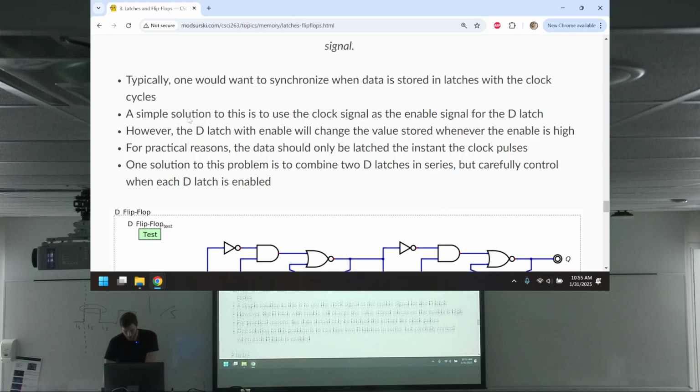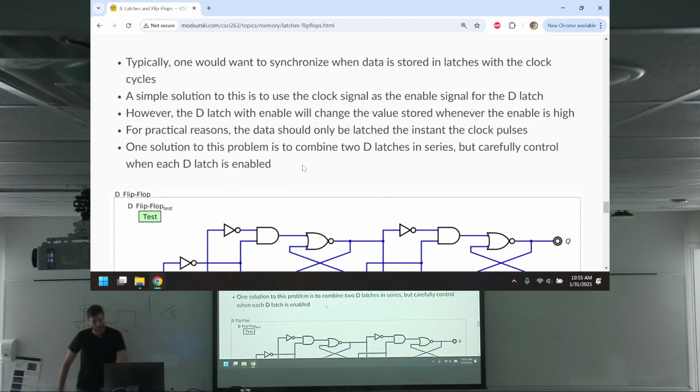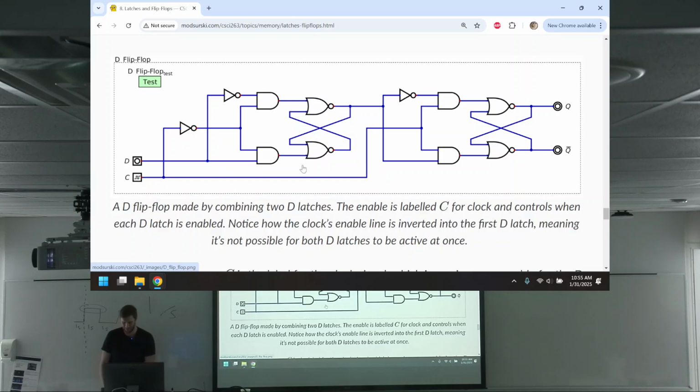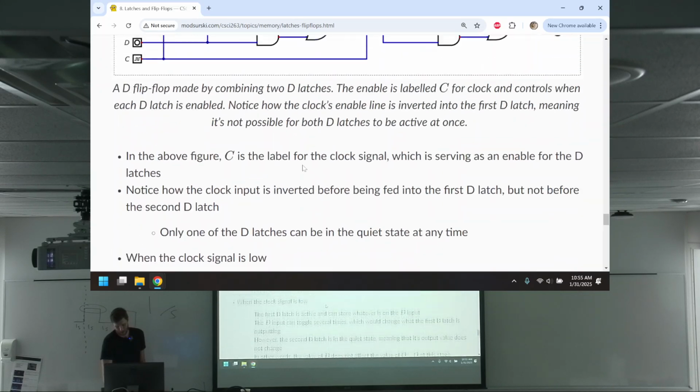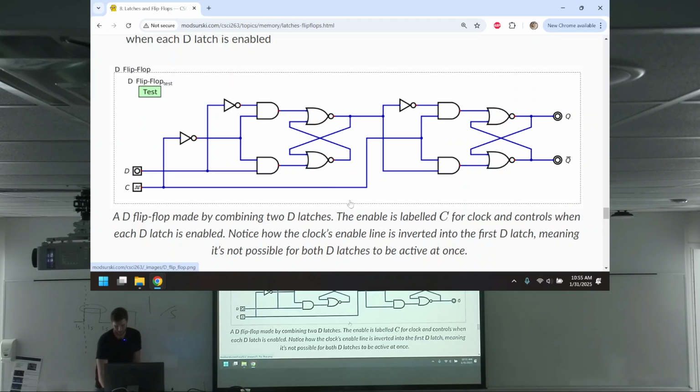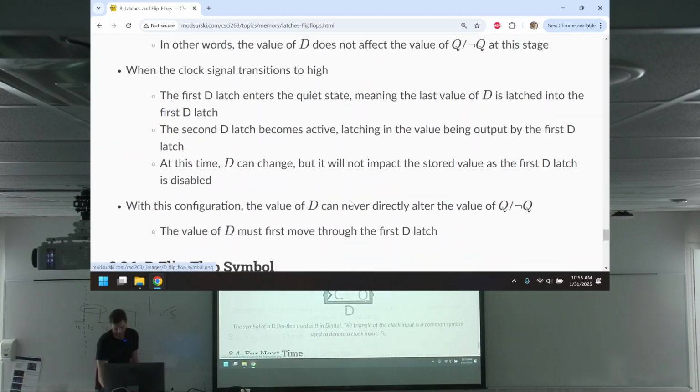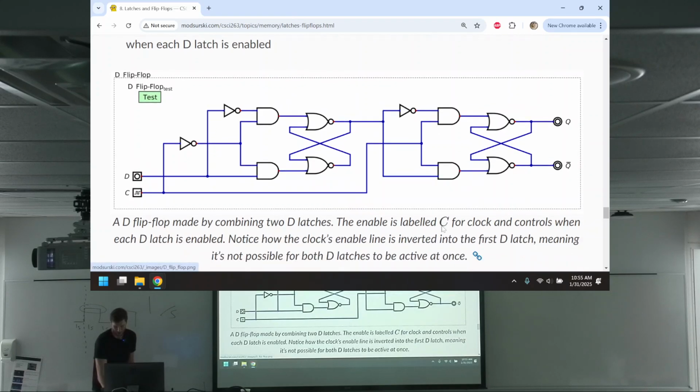All right, so one solution to this problem is to combine 2 D-latches in series, but carefully control when the D-latch is enabled. So, this design right here, although what do I have? Yeah. So,